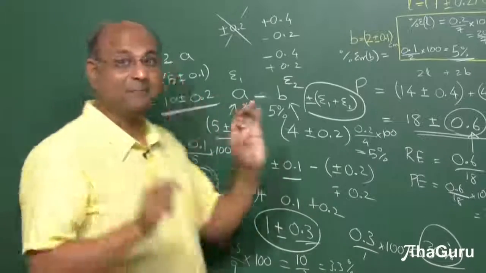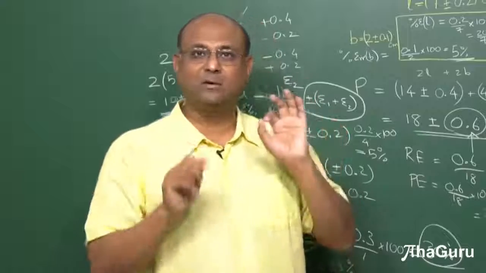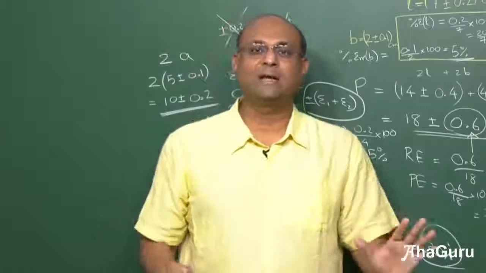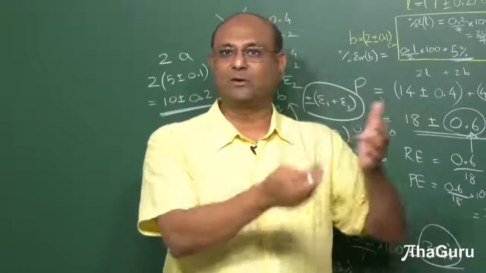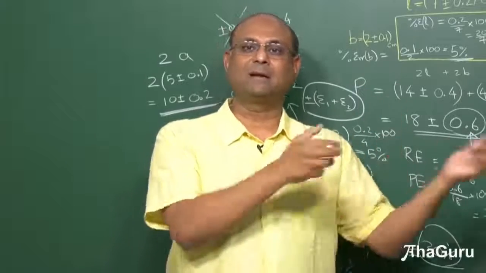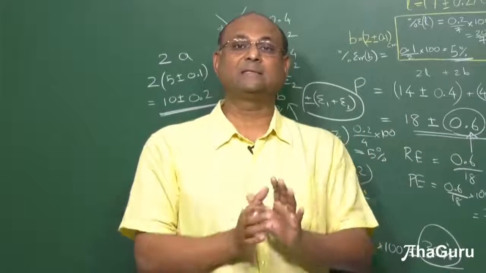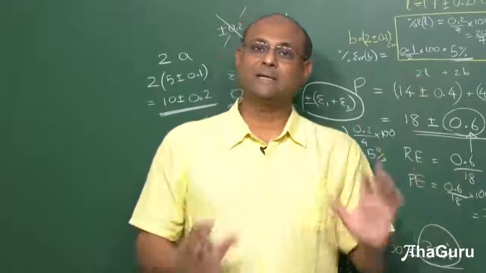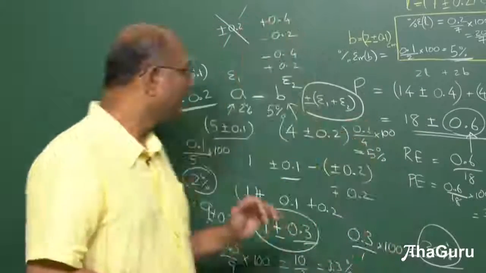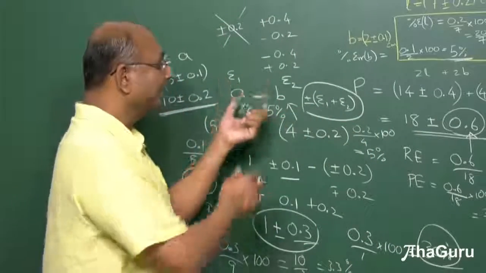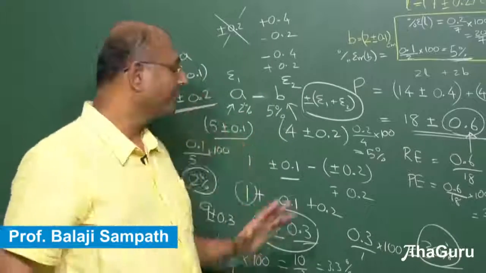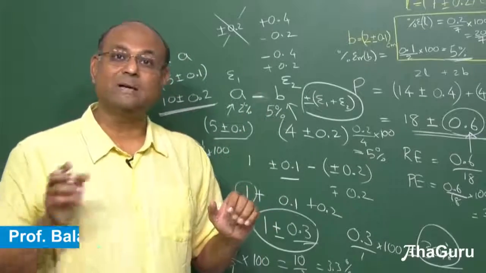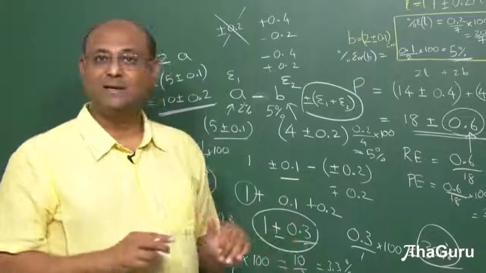So when you are multiplying by a fixed, well-known constant, your error is only going to increase in absolute terms, or decrease depending on what you are doing, because if you multiply by half, it will decrease, but relative error remains exactly the same as before. Percentage error remains exactly the same as before. When you are adding two quantities, their errors add up. Subtracting two quantities, their errors still add up. Okay? What happens when you are dividing or multiplying? This is something that we will see in the next lesson.